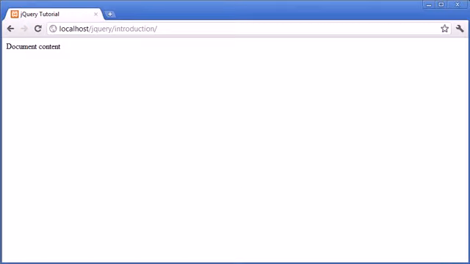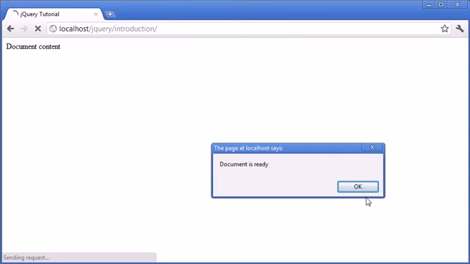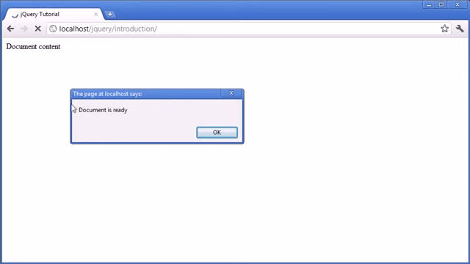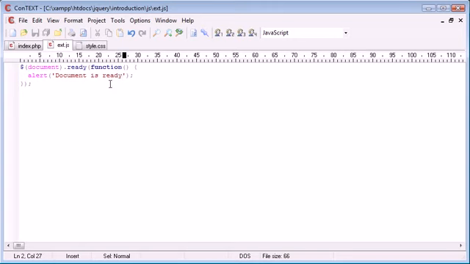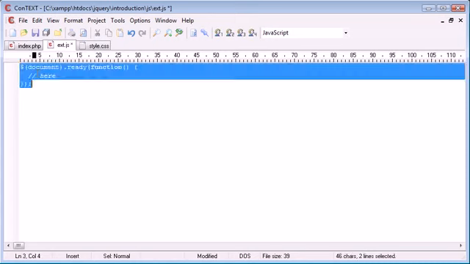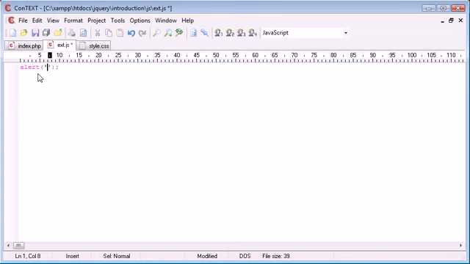So now when we go into our browser and refresh, you'll see that this has been loaded straight away. Now we've only got some page content here, however you'll notice that as soon as the page was reloaded, this alert box came up. So if we were, for example, to write some other code in here, we now know that as soon as the document is ready, we'd be able to write our code inside of here. Alternatively, if I was just to say alert ready, for example,